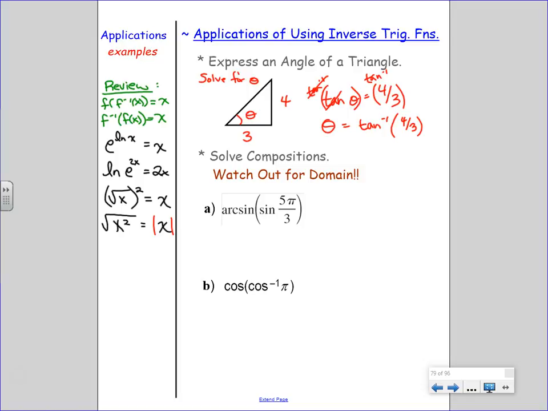Now, this isn't the point of this section. What I'm trying to tell you is, yes, a function and its inverse cancel out. But sometimes there are special rules, properties of different functions that make the answer a little trickier than just writing 5 pi over 3. Is he allowed to be? He's only allowed to be in between